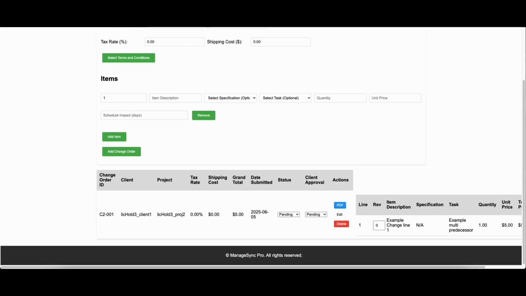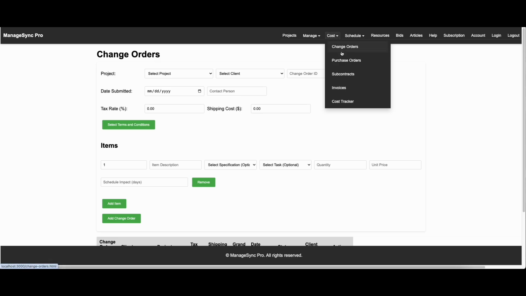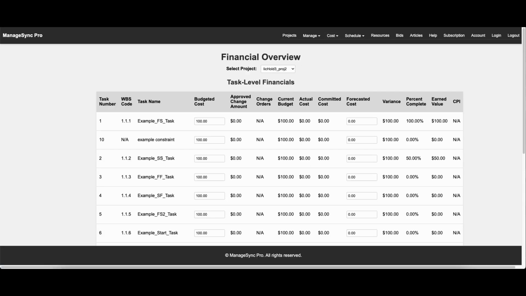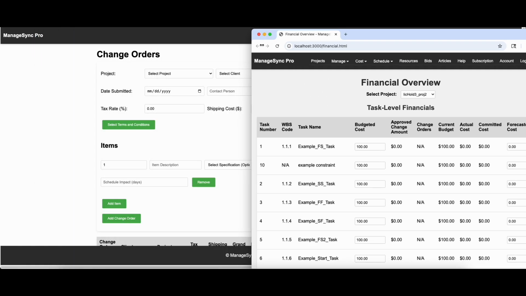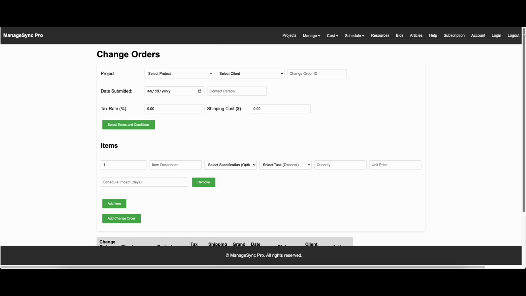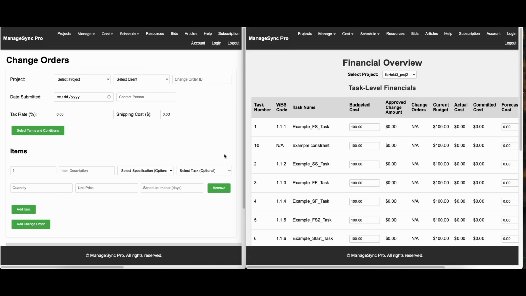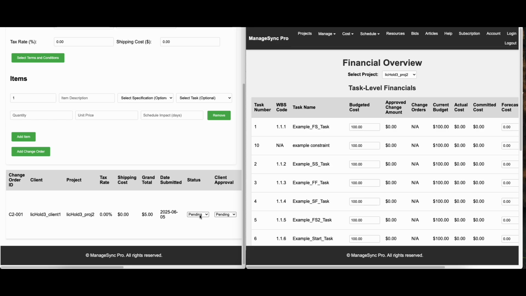Okay, so what I'm going to do is I'm going to open up a second tab here. Hold down this cost tracker. Okay, and now let me see if I can make it like this. Kind of slide this like. Okay, so we've got the change order and the financial overview side by side here. And so whenever we change the status of the line item to approved,